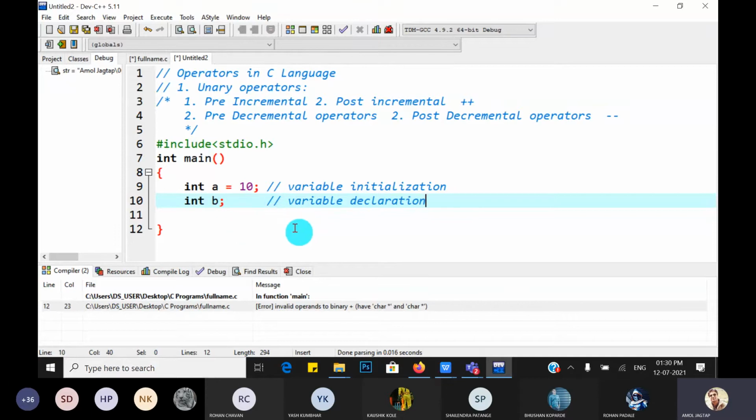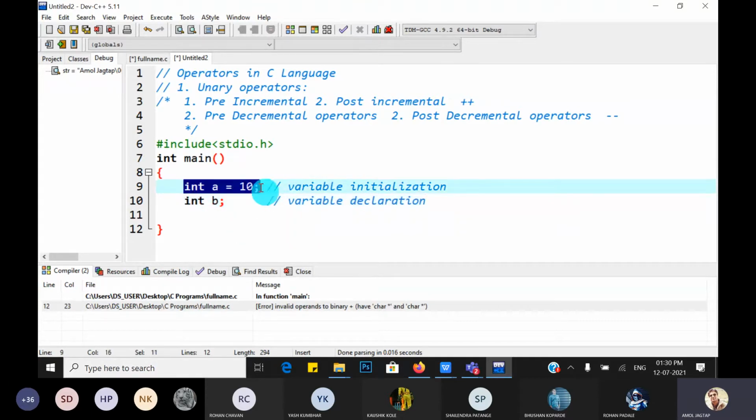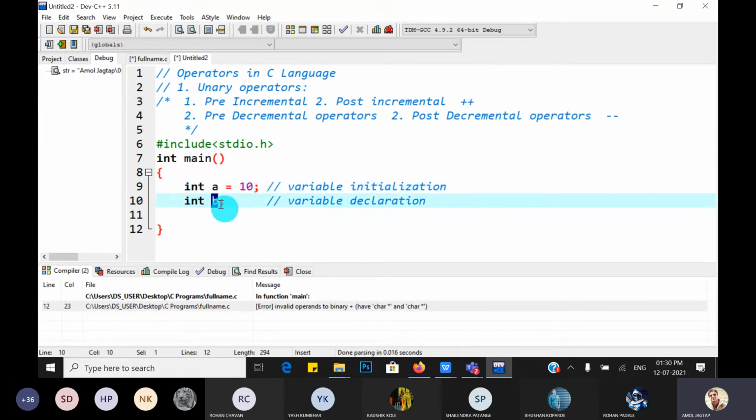Guys, hope you understand the difference between these two. Variable initialization means when we assign a value, that is 10, to the variable a. So now a becomes initialized. Here we cannot assign any value to the variable b, so it is called variable declaration.